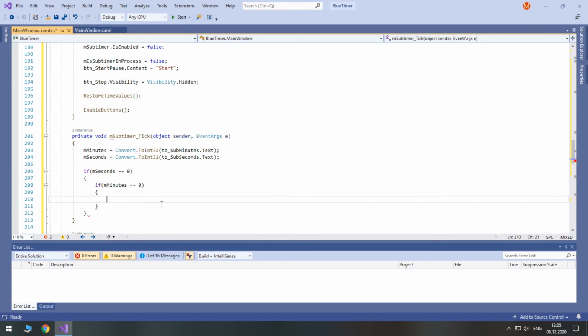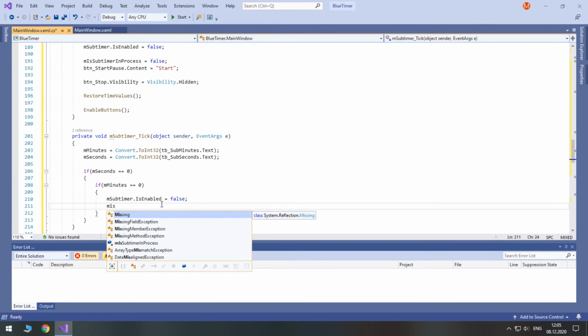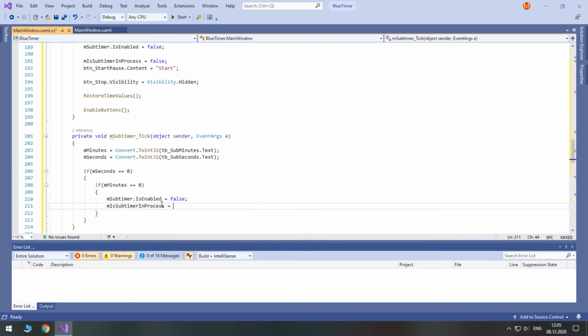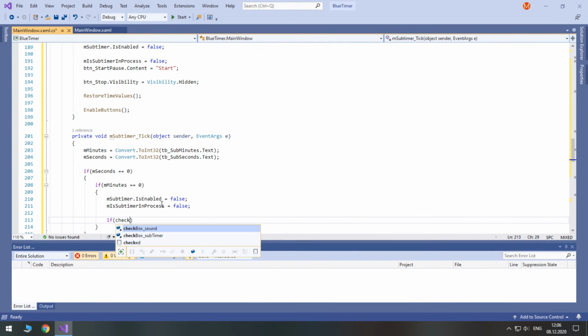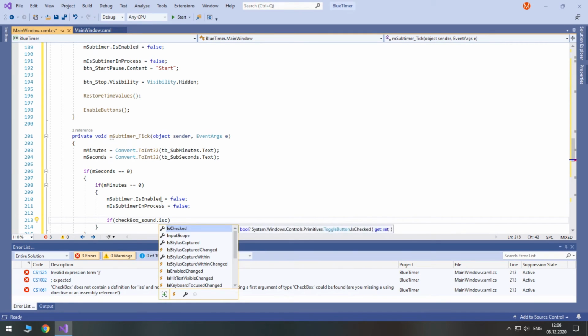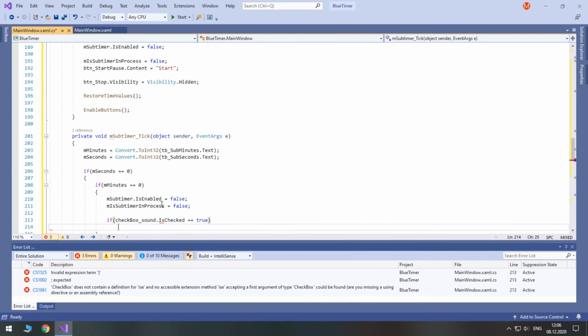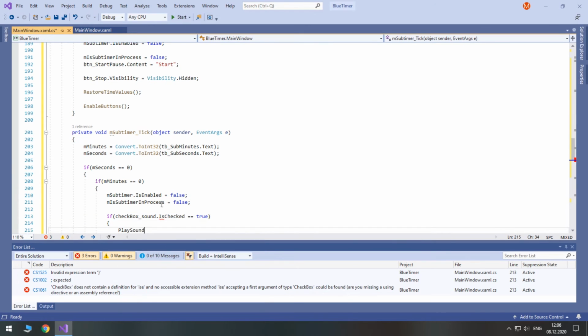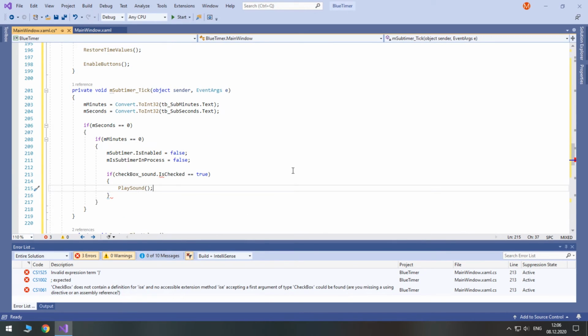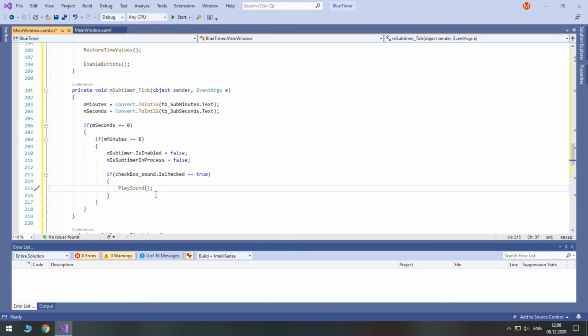If it's true, it means that we should disable the subtimer. We also check if we should play the sound notification. And we reset our view.